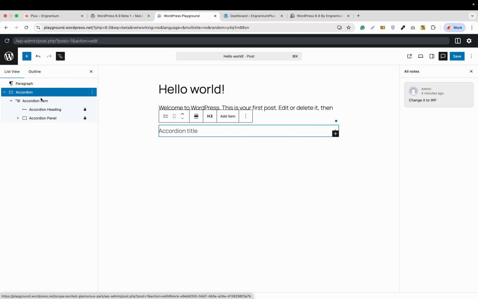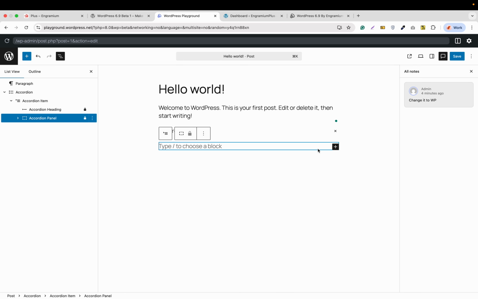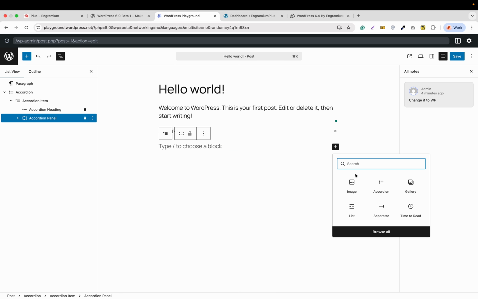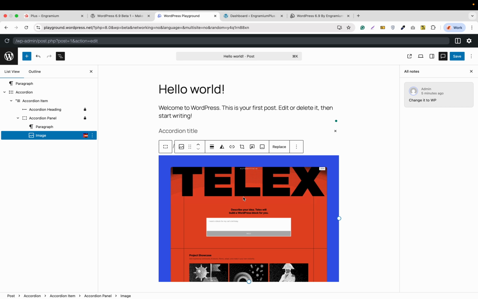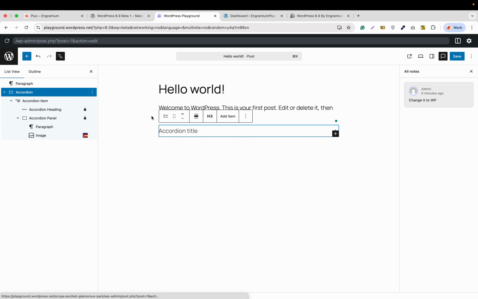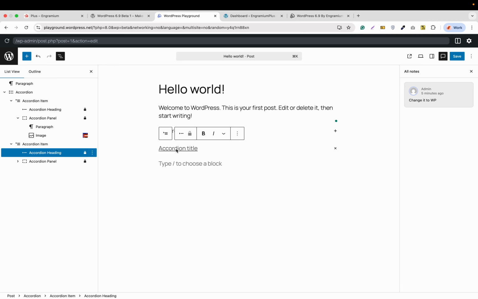Inside each accordion, you will get an accordion item, an accordion heading, and a panel where you can add any block: images, videos, paragraphs, whatever you want. So click on this accordion panel. If we click this plus, we can add an image. Let's upload an image. So we have uploaded an image in the accordion panel. You can also add unlimited items. To do that, we'll click on this accordion, and in here you will get an option called Add item. So let's add an item in here,